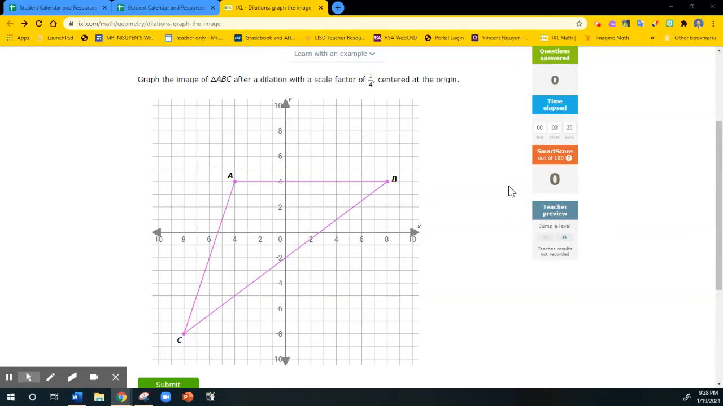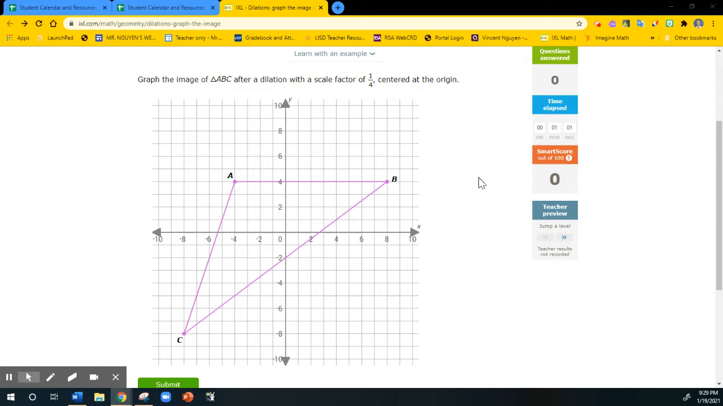Today we are going to work on IXL dilation, and specifically we're going to be graphing the dilations using the scale factor that they give us. If you remember the rule, the scale factor indicates whether the original figure gets larger or smaller. If the scale factor is less than 1, it is a reduction, which is getting smaller. And if it's larger than 1, then the original figure gets larger, which is called